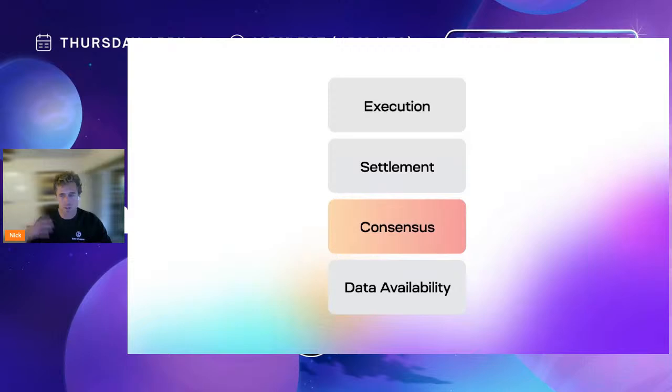All right, the consensus layer, this is where ordering of transactions happens, right? So consensus is all about ordering data, ordering transactions. And this is an important thing because this is where transactions either get included or excluded. So there's censorship resistance. There's also liveness: if the consensus layer goes down, same with the data availability layer, frankly, you're not able to finalize more blocks. And the other thing that's really important about consensus layers is this is where MEV lives, because MEV is all about manipulating the ordering of transactions to extract value.